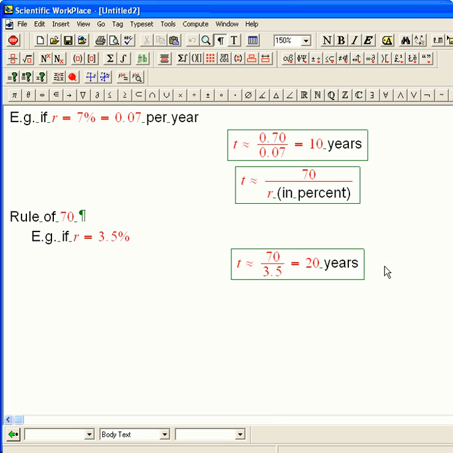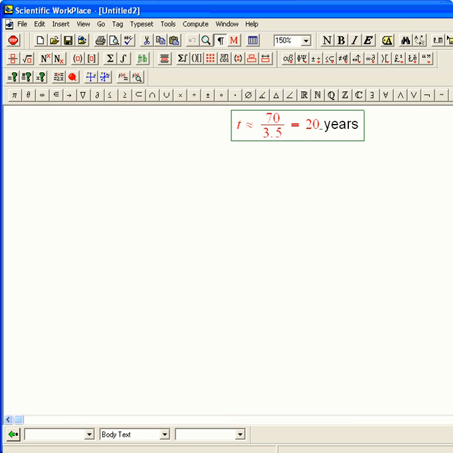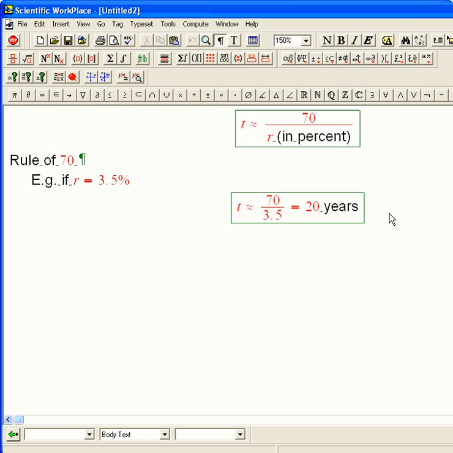Okay, so this idea of ln 2 over r, which is the exact formula, the mathematician's version, and the rough and ready finance version, the rule of 70, is really, really handy to get an idea of what things like interest rates mean. So a very analogous thing is if we look at radioactive decay,